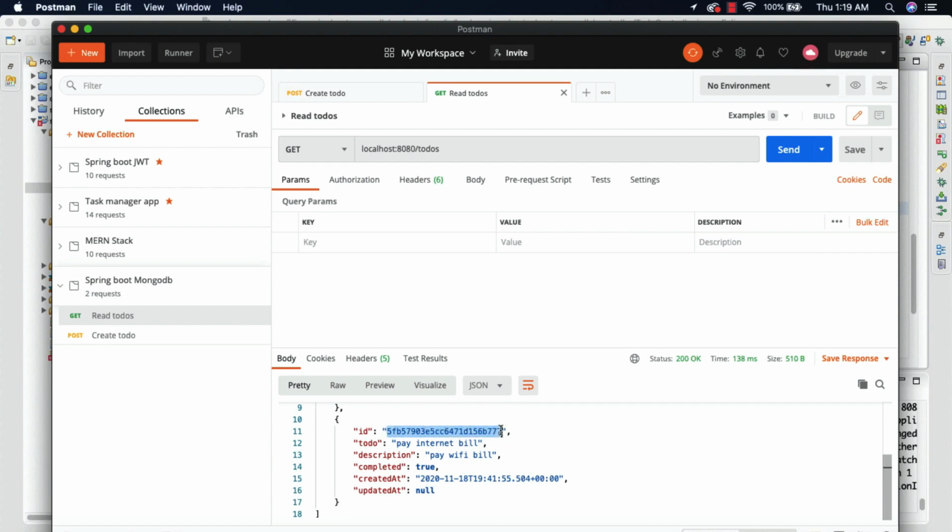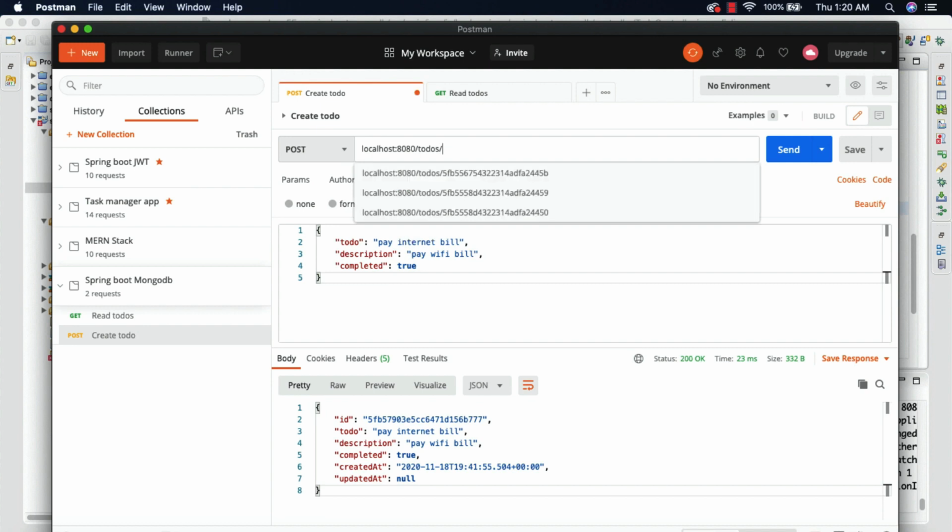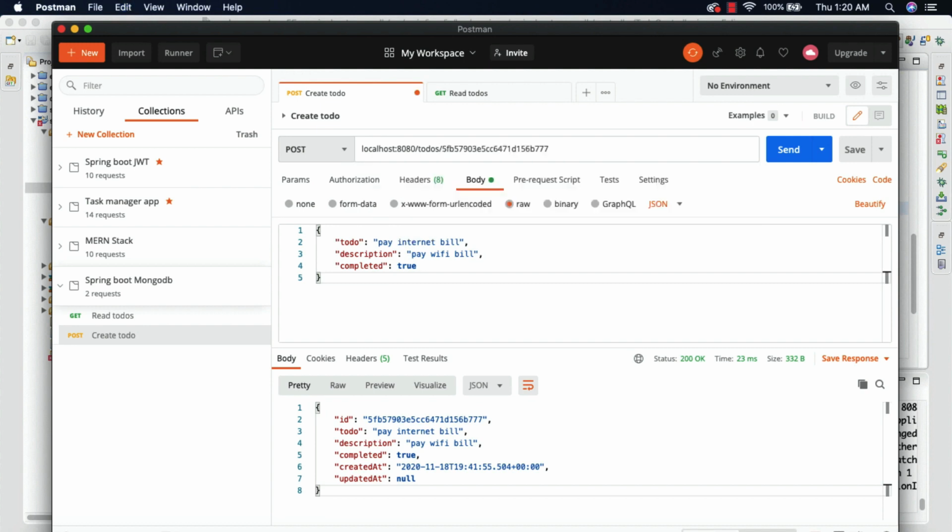So let's copy this, and I'm going to create a new request /todos/ the ID. I'm going to change this to get, and now we should get this pay internet bill document as a single document.